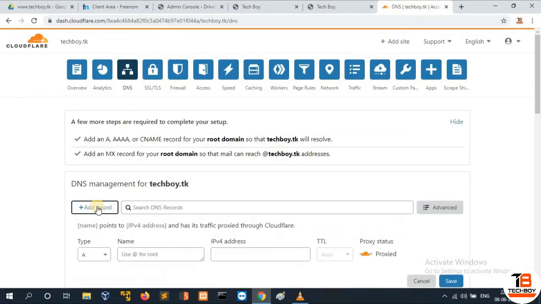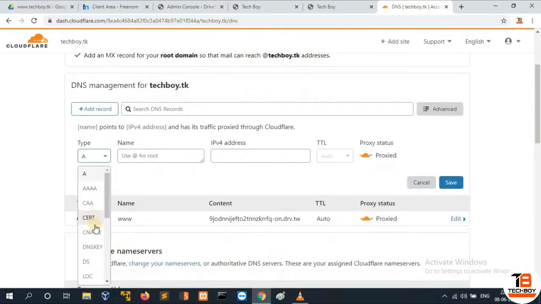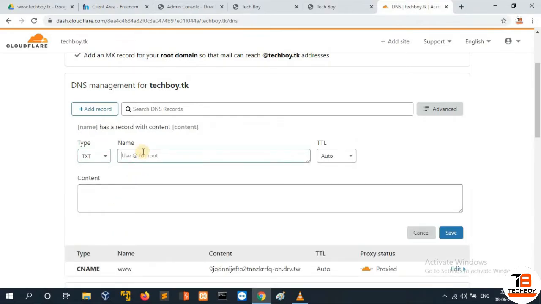Click on add record and select the type TXT and type www in the name section. In the content section, type drtvw= and paste the Drive to Web link here.